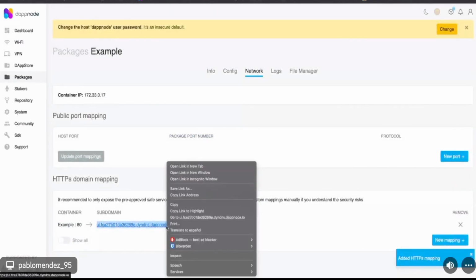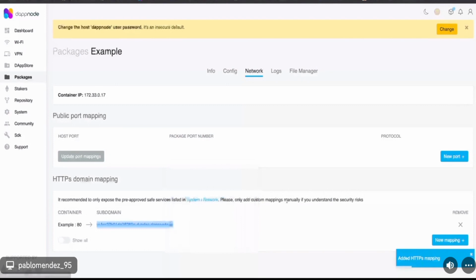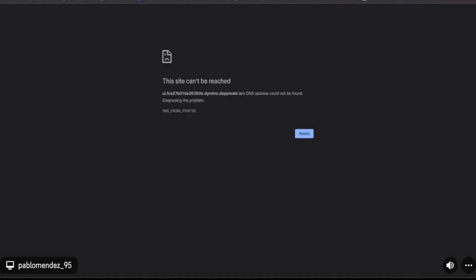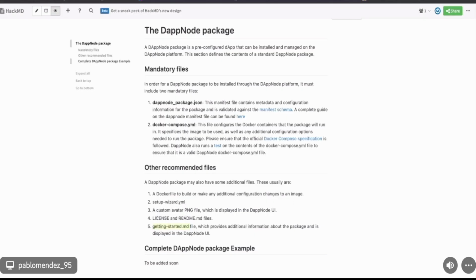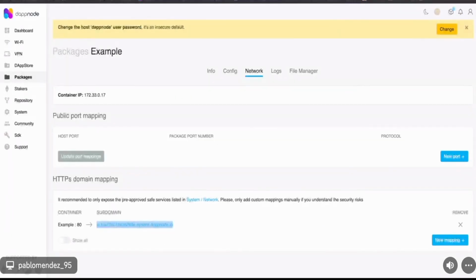I'm going to copy this link, and all of you should be able to view my UI. Can you verify it? Yeah, it is not working, sorry, but this is because I have too many nodes in the same router. So apologies for that, but it should work this way.